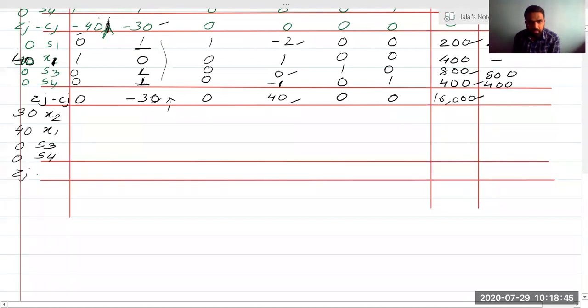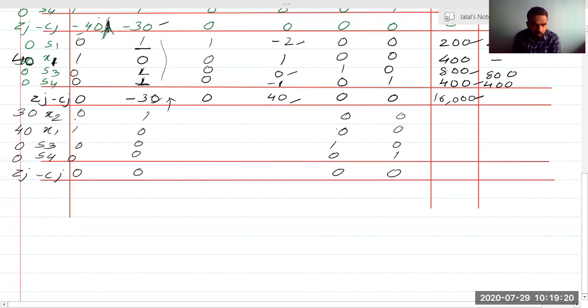We have to write Zj minus Cj, right? Now at which number is X2? At the first number. So what will come in place of X2? 1 0 0 0. In place of X1, 0 1 0 0. In place of S3, 0 0 1 0. In place of S4, 0 0 0 1. What will the Zj minus Cj be for these? 0 0 0. You can even find it by another method that I have already explained. If you do it by Zj minus Cj, you will get the same value.